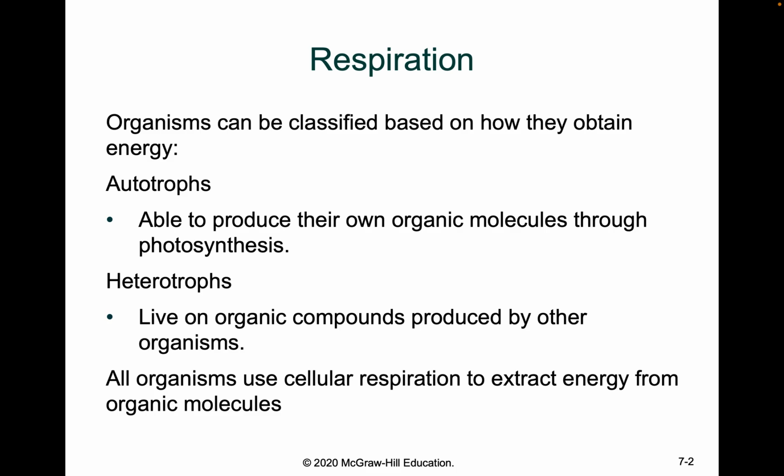Heterotrophs are organisms that cannot do that. We cannot create our own organic molecules. Just like us, we cannot create organic molecules from the sun. We get it from other organisms. Us humans, we cannot just go to the sun and be like, okay, body, start creating glucose. That's not going to happen. You get glucose by eating. So that's a heterotroph. You live on organic compounds produced by other organisms. So those are the differences. Autotrophs are able to create organic molecules. Heterotrophs are organisms that live off organic compounds produced by other organisms.